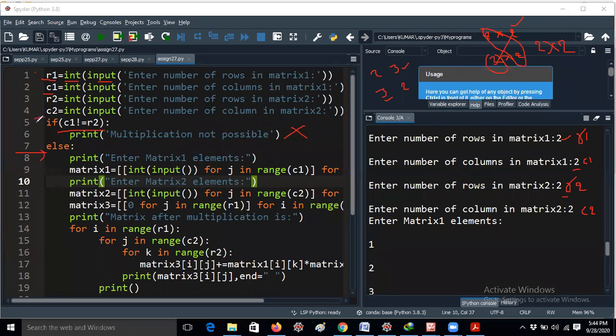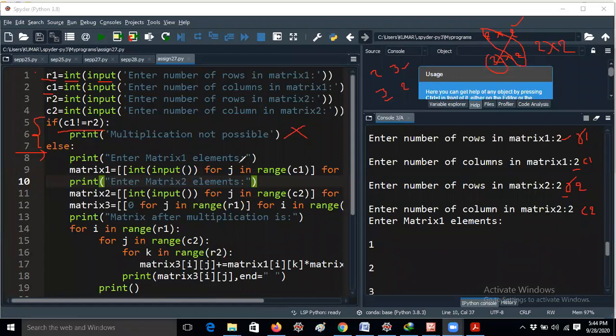Some students did not attend this anyway. That's not a problem at all. But if I am giving the first matrix as 2 by 2 and the second matrix as 3 by 3, what will happen? Many of the students did not give the difference message. That's the reason I'm asking you guys. Of course, the program will look like a very big program, but you should mention all the conditions. So that's the reason it is given like that. So now if it is else, that means 2 not equal to 2. The condition is false here.